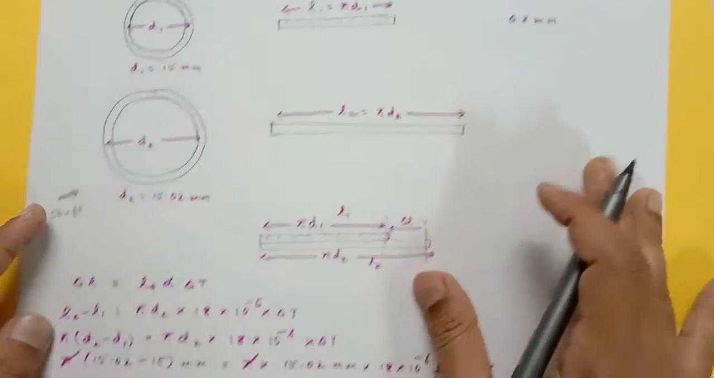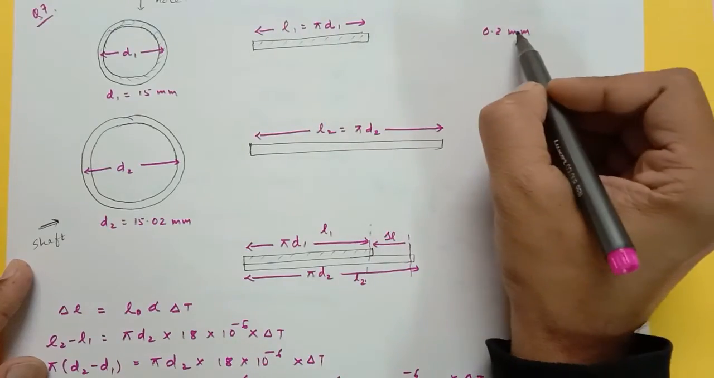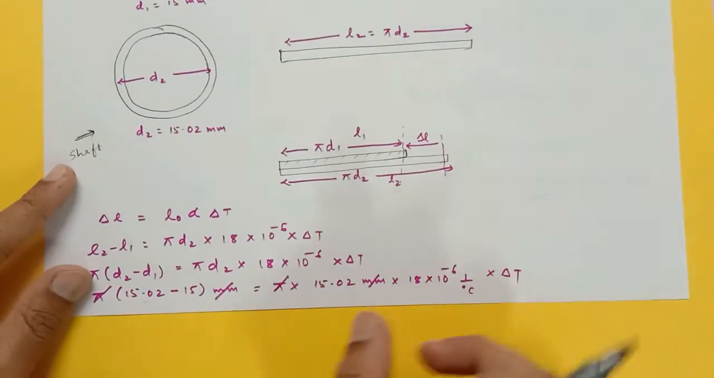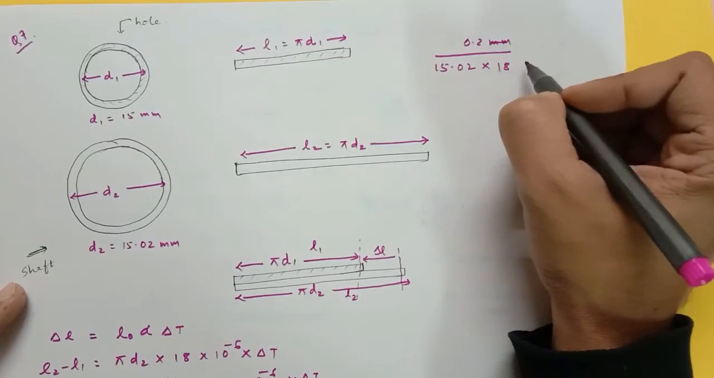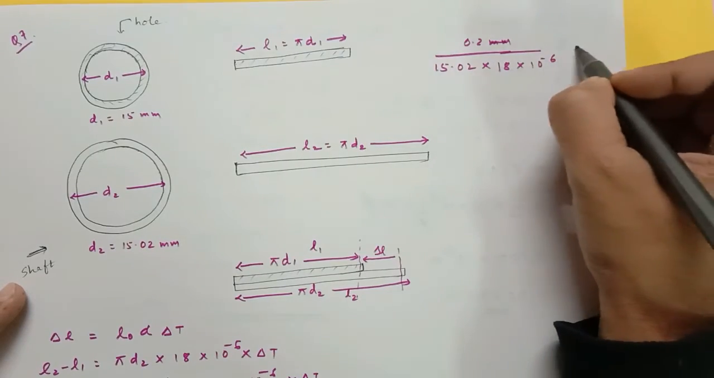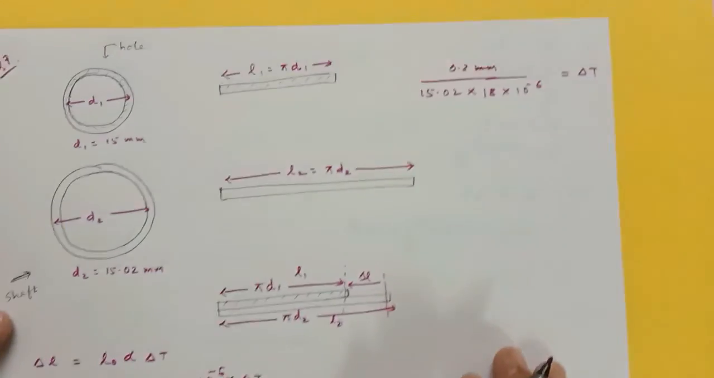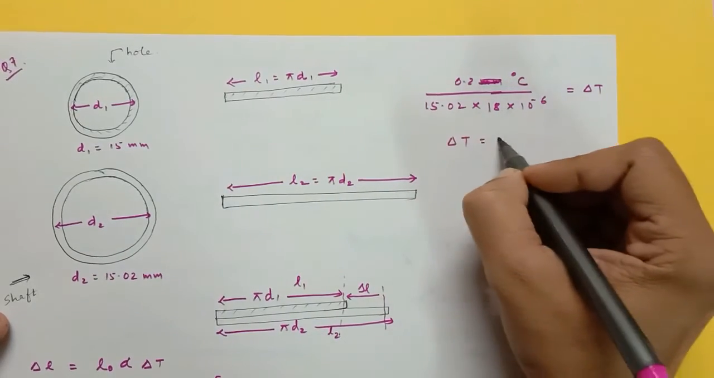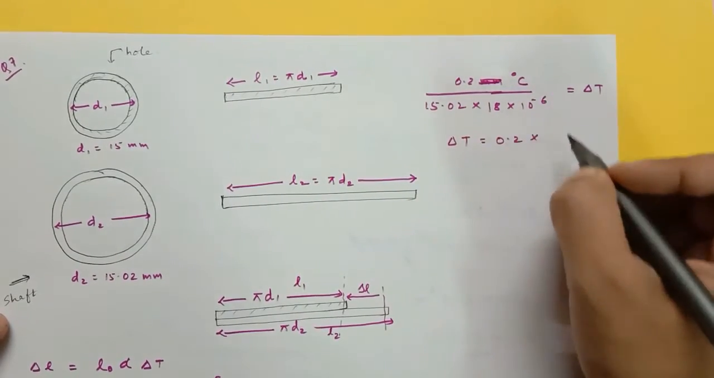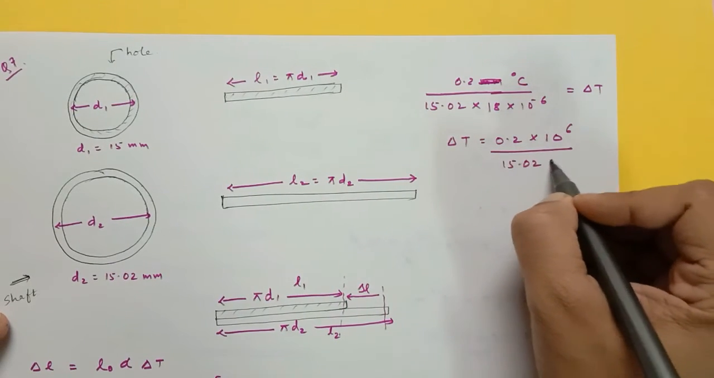0.2 mm also gets cancelled, so I need not write down mm again. So 0.2 upon, now these two are in multiplication, they will go here in division. So it is 15.02 into 18 into 10 raised to minus 6 is equal to delta T. Now this degree Celsius was in division, it will go up in multiplication, and delta T is equal to 0.2 multiplied by 10 raised to minus 6 goes up to become 10 raised to 6 upon 15.02 into